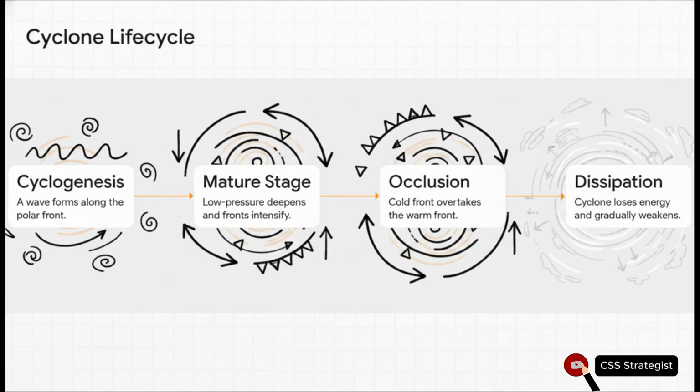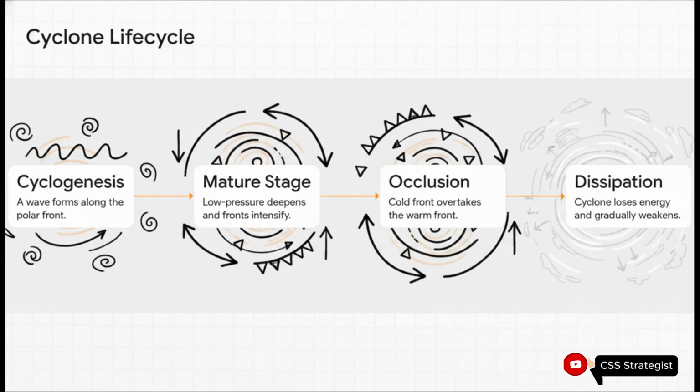Let's tie that all together into the full mid-latitude cyclone life cycle. It's basically a continuous story of atmospheric instability desperately seeking equilibrium. It begins with cyclogenesis, a little wave forming along a temperature gradient like the polar front. It then intensifies into the mature stage where you have those distinct warm and cold fronts we just talked about